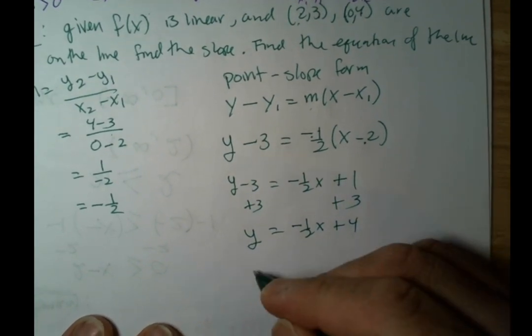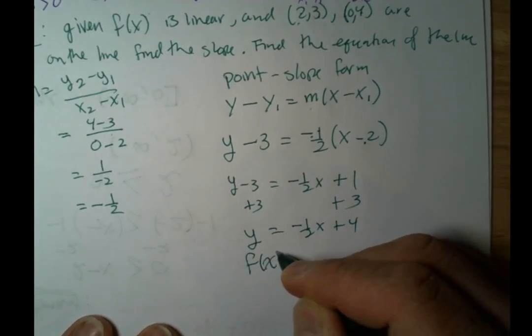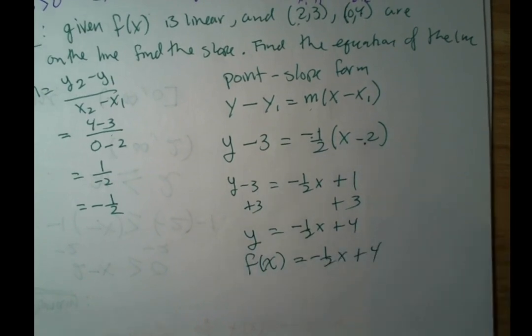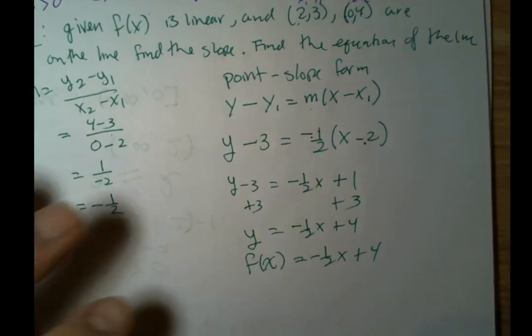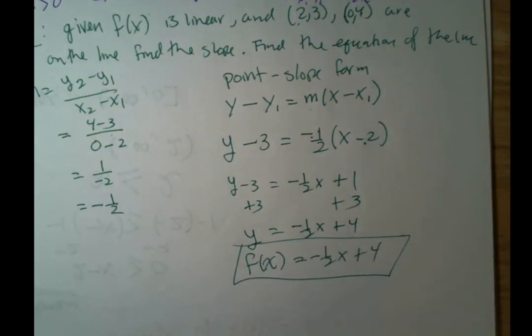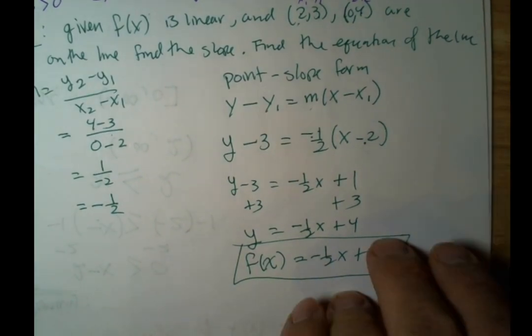And let's use our function notation. We get f of x is negative 1/2 x plus 4. All right, and that is our function f of x. All right, moving on, let's look at